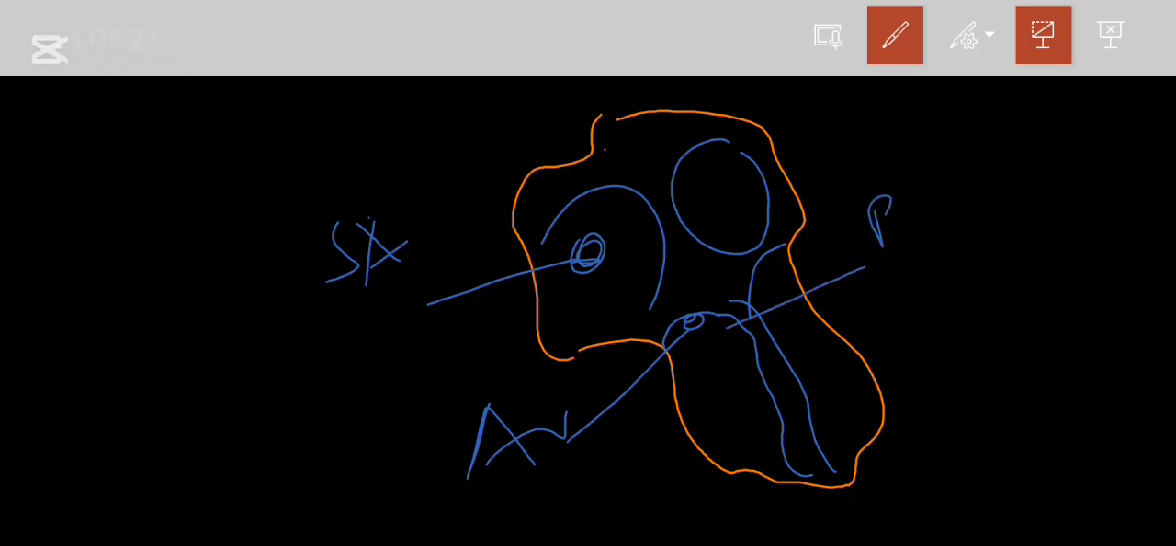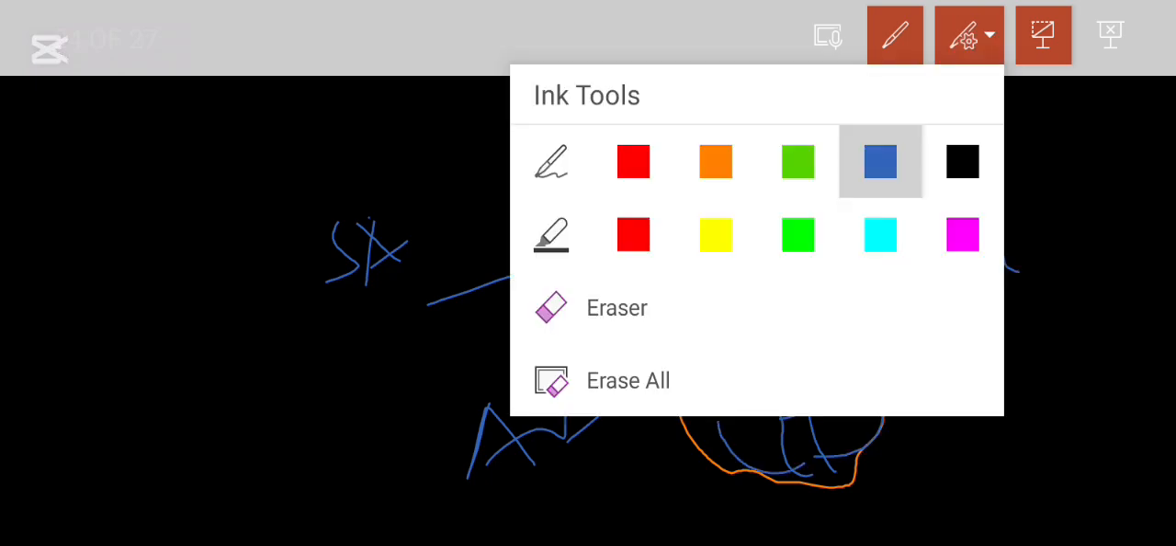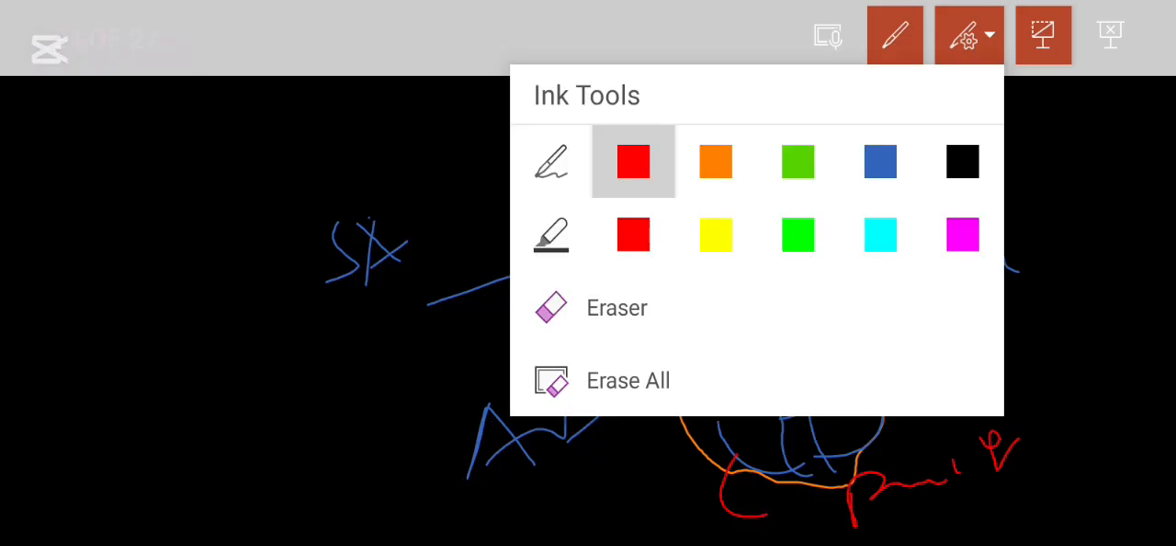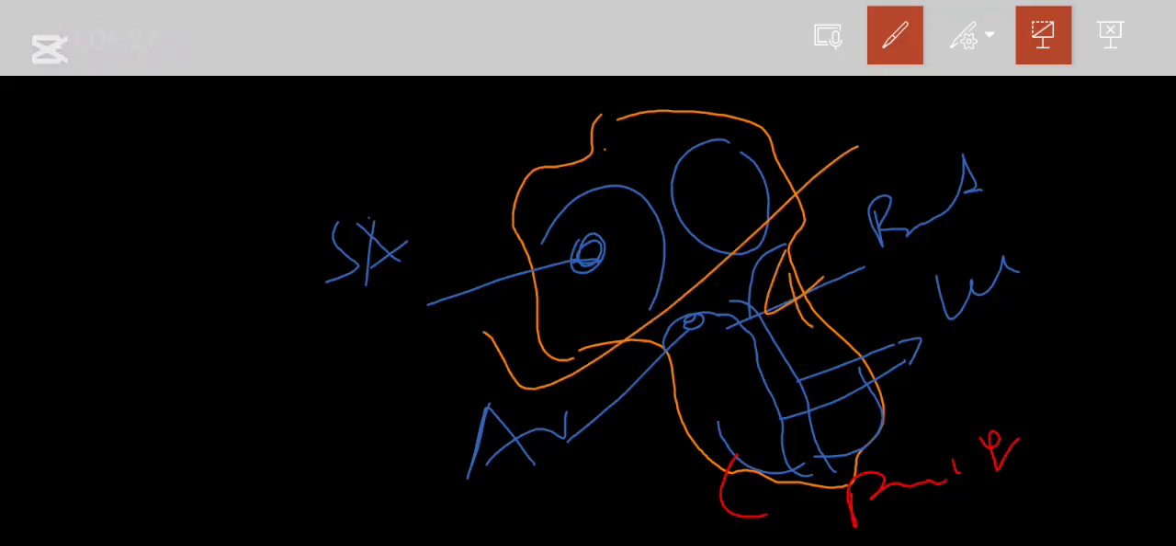Then here the bundle of His. Then here you write left and right bundle branches. Then these fibers which go here, you label them Purkinje fibers. Then it's going to be marked like that, maybe 4 marks. Then they want